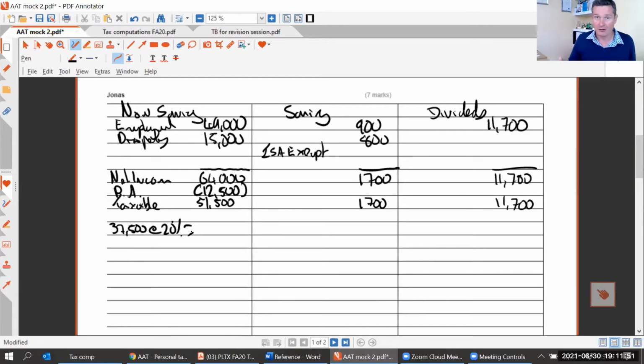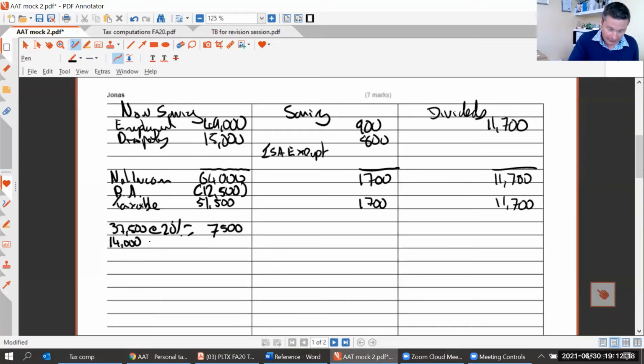I've done so many tax computations recently. That is £7,500. So we've taxed up to the basic rate band on his non-savings. So we now need to go and tax the rest of his non-savings. So of the 51,500, take off the £37,500 that we've already taxed, leaves £14,000, which is going to be taxed